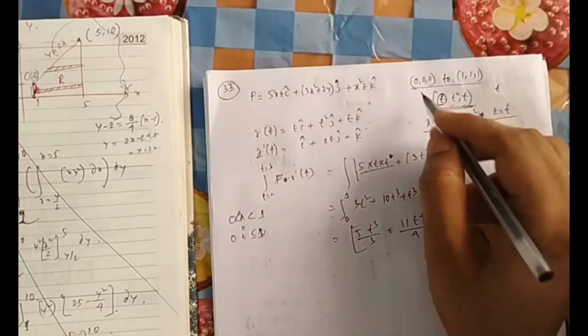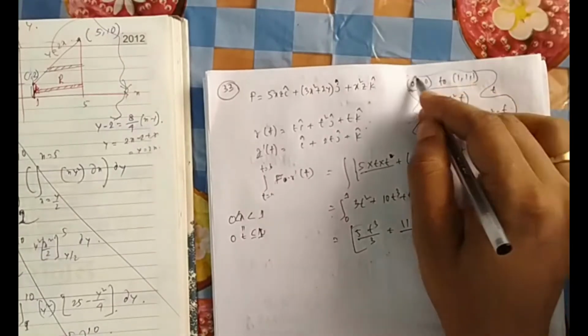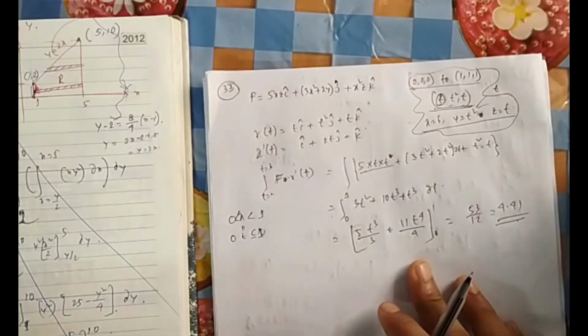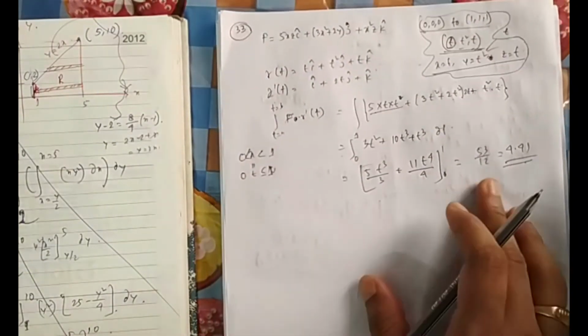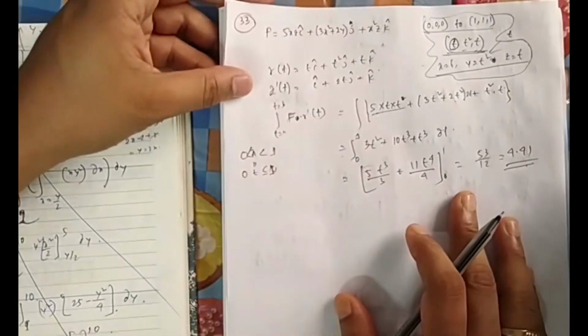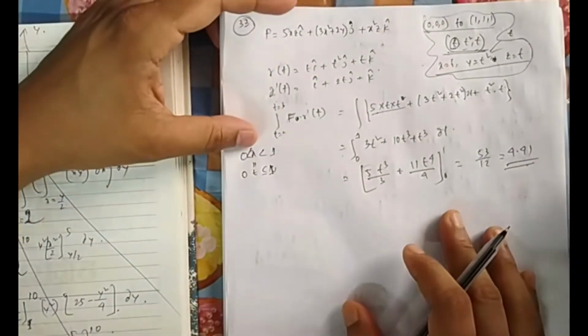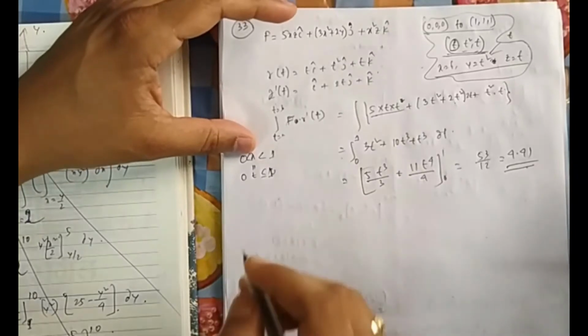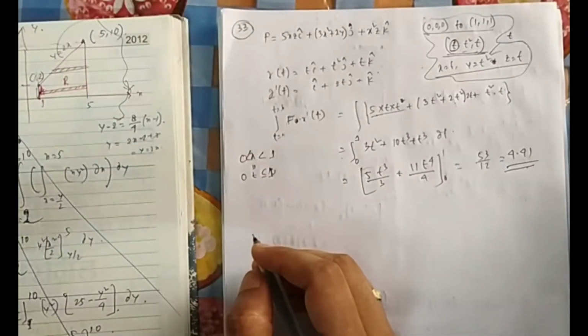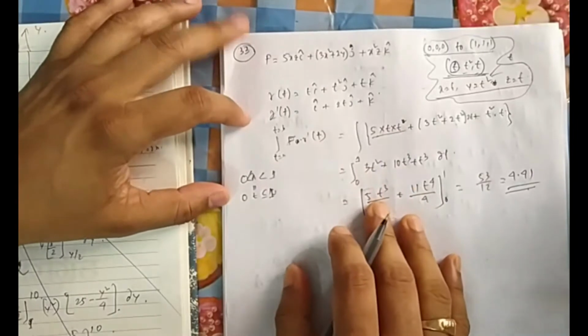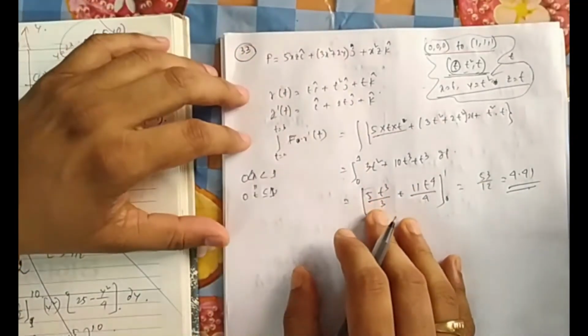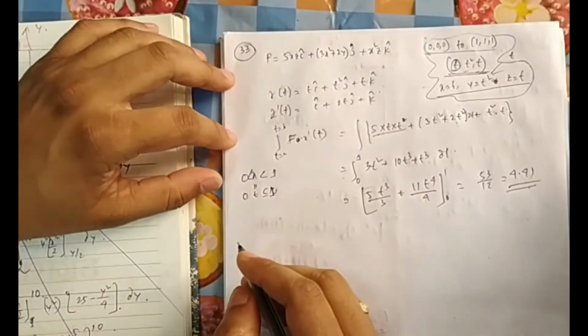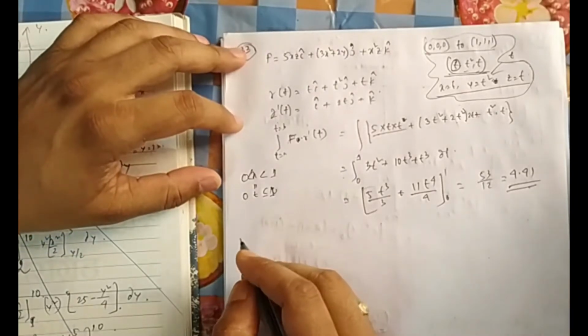So here they have already done the main tricky part, that is the parameterization part, so it becomes very easy. It is not that it came in 2016, recent questions only, 3-4 years back, of 2 marks questions. So you can think these are easy questions if you know how to calculate line integral, and you have seen there are lots of questions on line integral. So you need to understand how to do this line integral.